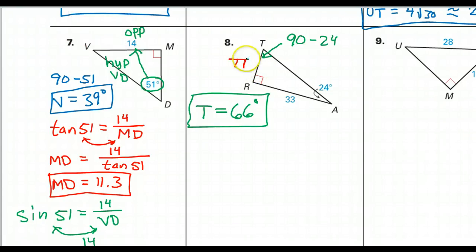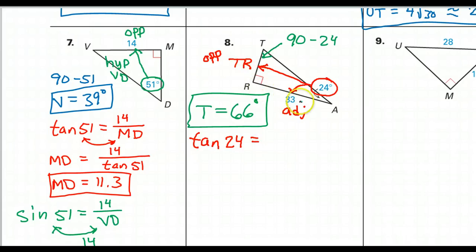So here is TR. From the perspective of the 24, TR is opposite, and the 33 is adjacent. So this is opposite and adjacent. Opposite and adjacent, that's the tangent function. So tangent of 24 should equal opposite over adjacent, TR